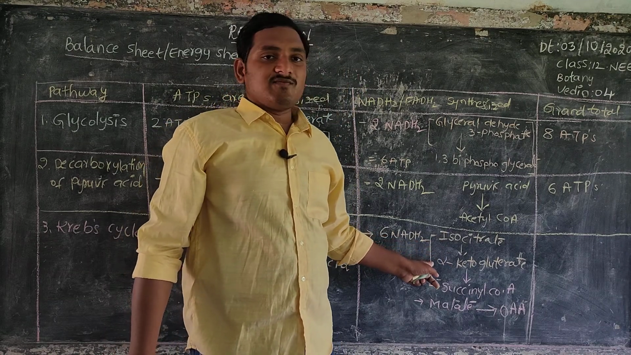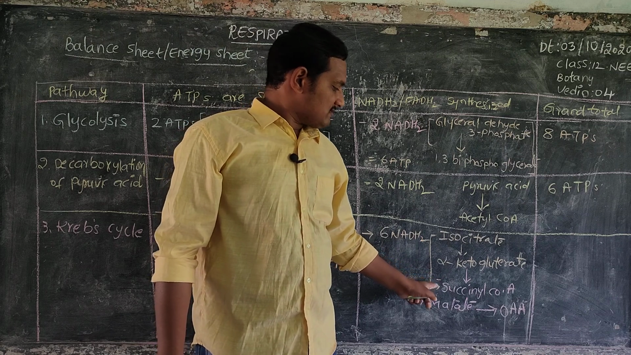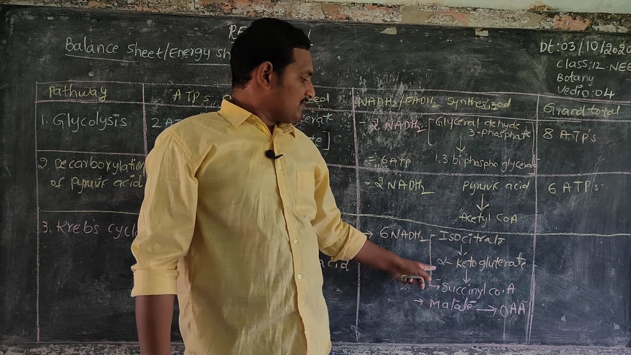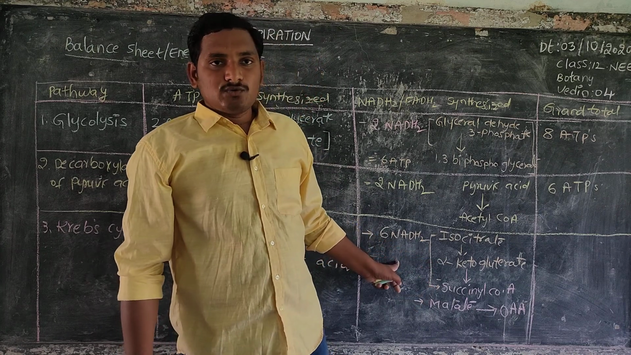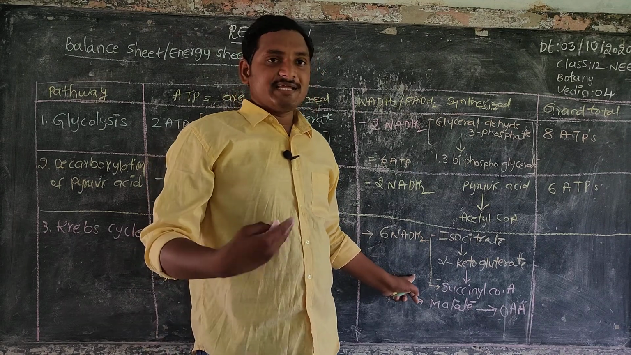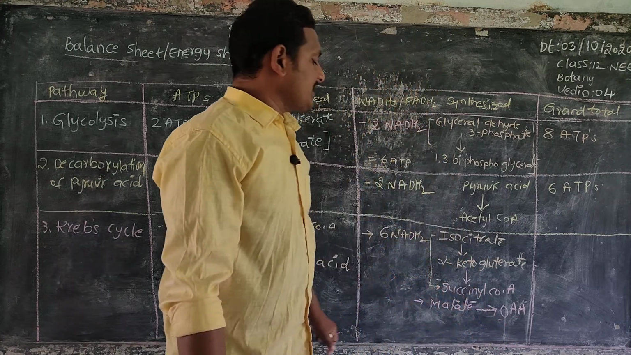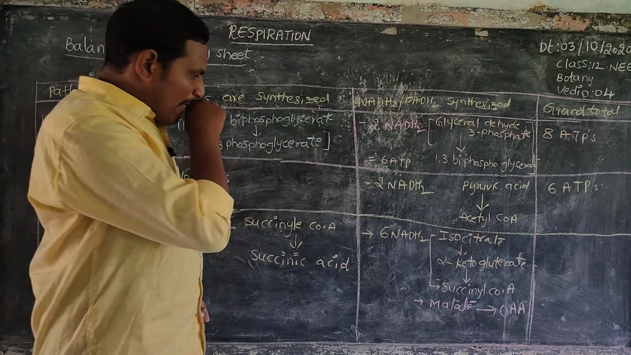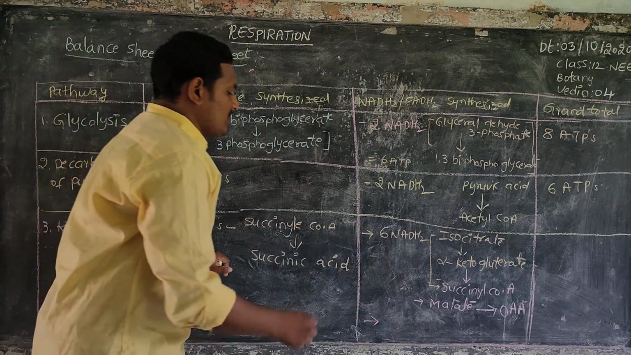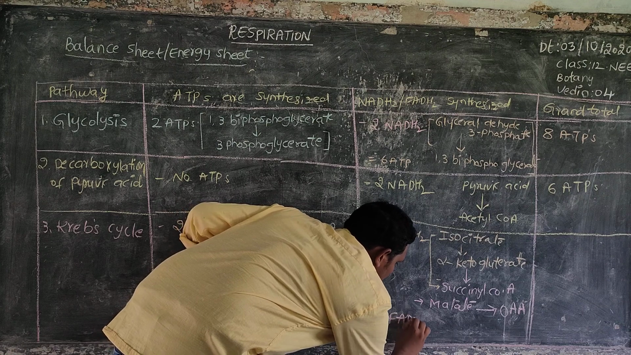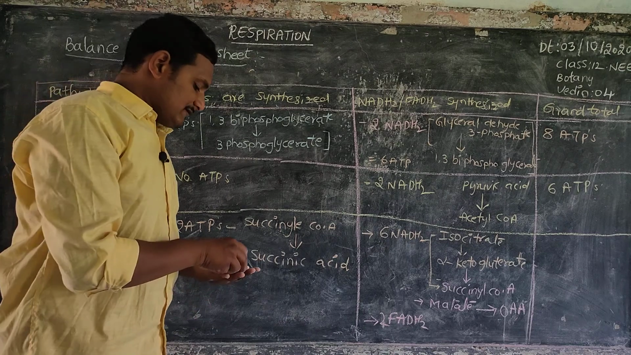Isocitric acid changes into alpha ketoglutarate. Here 2 NADH2s are released. Alpha ketoglutarate changes into succinyl coenzyme A. Here 2 NADH2s we are getting. Next, malate changes into oxaloacetic acid. Here we are getting 2 NADH2s. And 2 FADH2s we are getting from this Krebs cycle, where